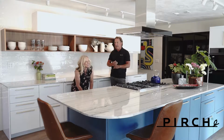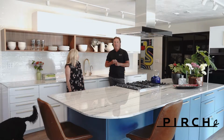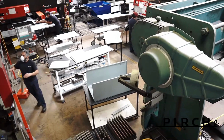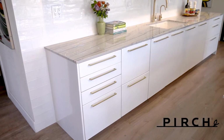We're very excited today to have Annette and PIRCH here to introduce our indoor-outdoor kitchen and bath line. So for 40 years, we've evolved from an industrial manufacturing facility building steel laboratory furniture. Customizing residential is something that we have wanted to do for many years and now have implemented it and going